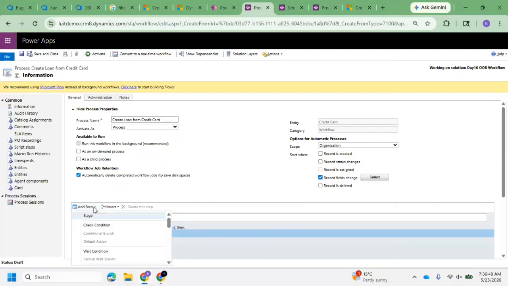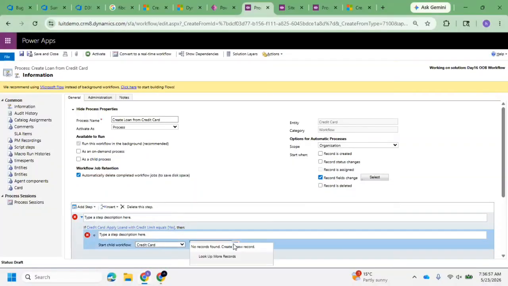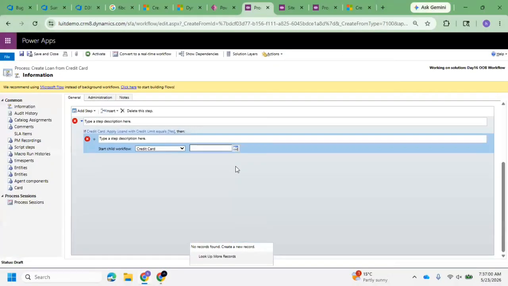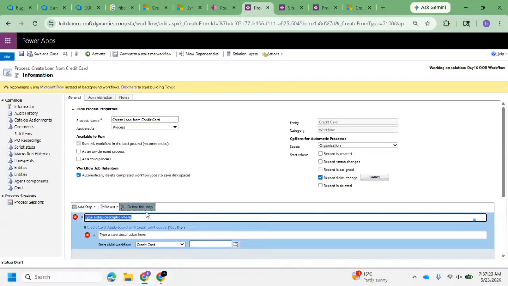I want to call my child flow. So what is that flow? Now if you see here, it is displaying only the related entities, credit card and the related entries. As there is no relationship between bank application and this one, it is unable to relate this. So bank application and credit card should have a proper relationship. Otherwise, you can't use it as a child. Okay, so for that purpose,